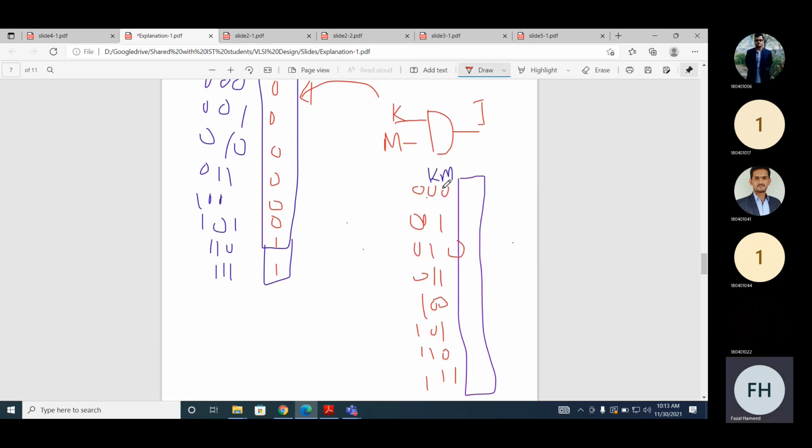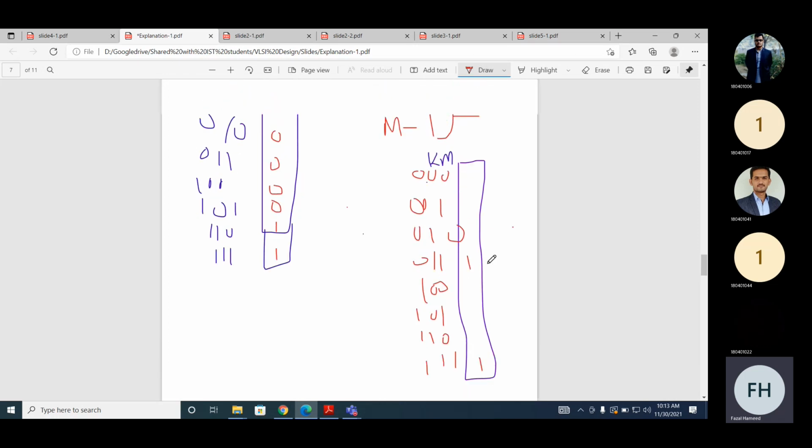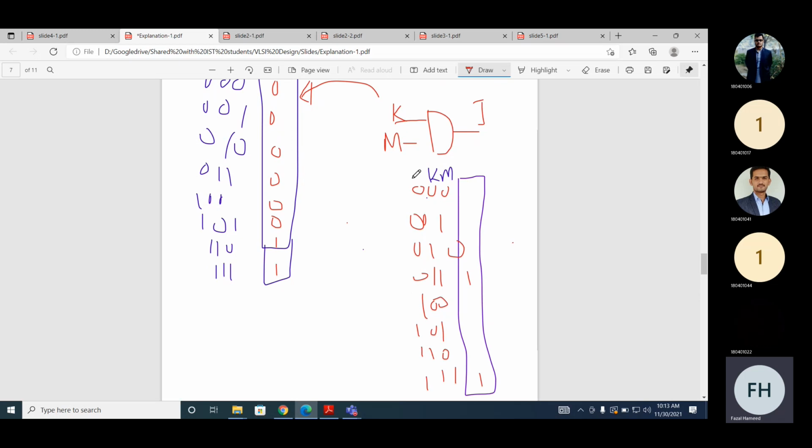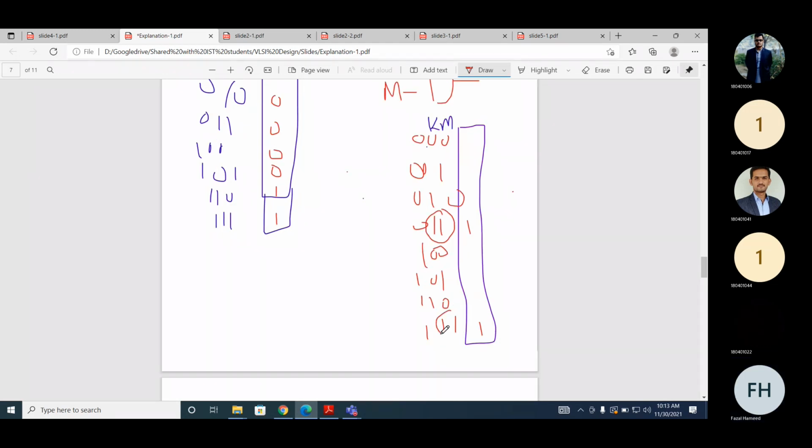So if you look at here, when will the output be 1? So actually, in this case, the first input is ignored. When K is equal to 1, both are 1 here, and all the remaining entries will be 0. So actually, what will we store here? The value we will store is 0, 0, 0, 0, 0,